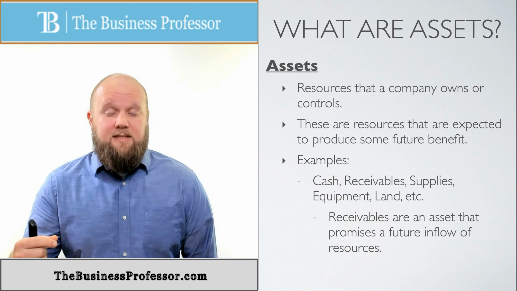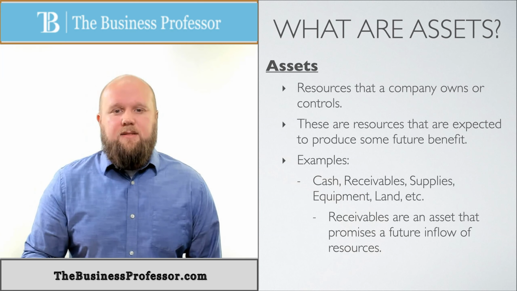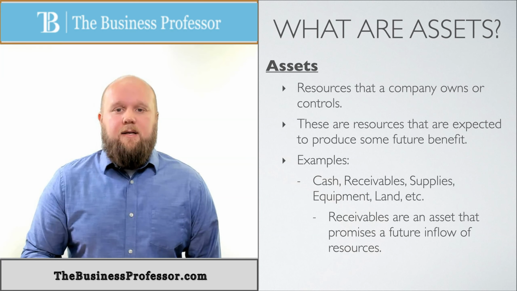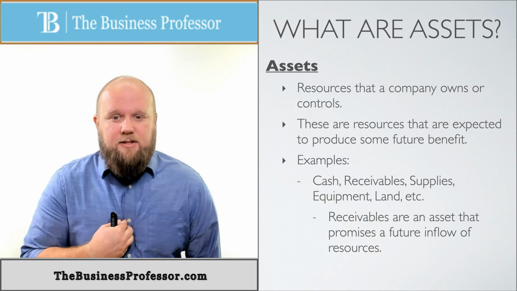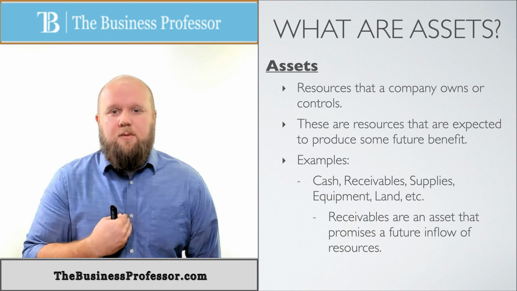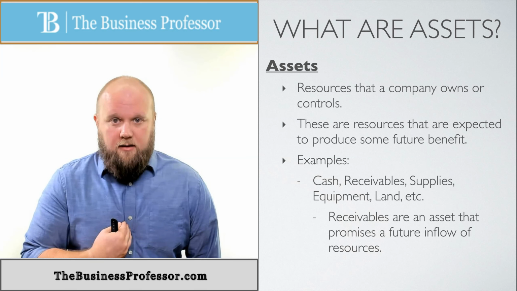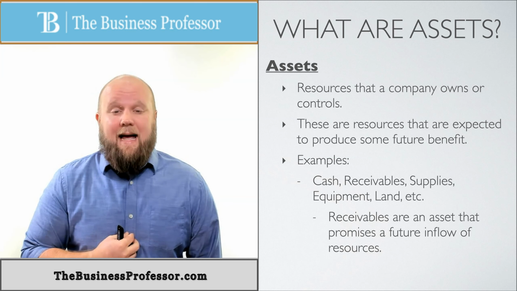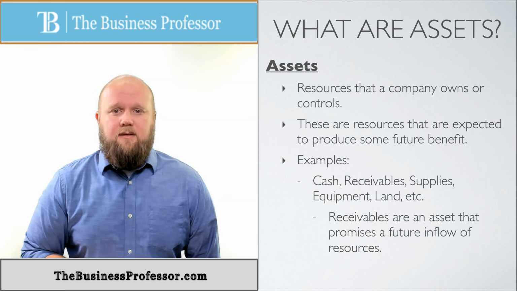So the best thing you can ask yourself when you're dealing with receivables or its counterpart, we'll talk about in another video, is what am I expected to do with the cash? If I'm expected to receive the cash at a later date, then that makes it a receivable. It is somebody, and I don't own the cash, but what makes this an asset is I own someone else's debt. They owe me. So that's what makes that an asset. And that's the range of your assets.